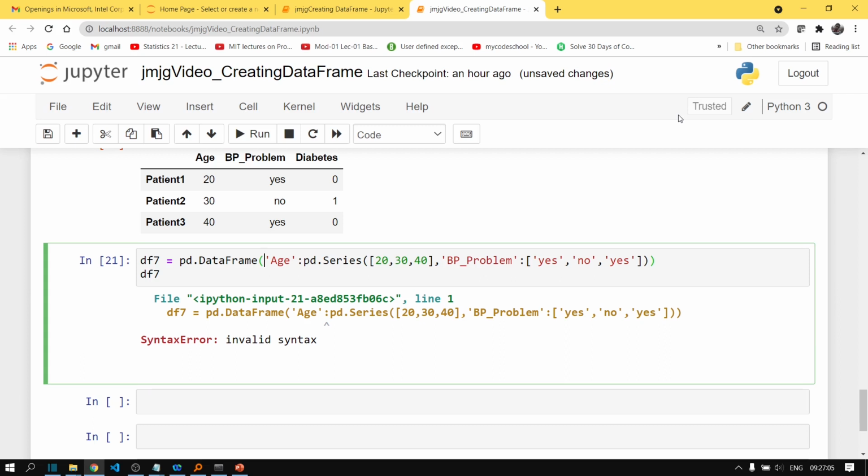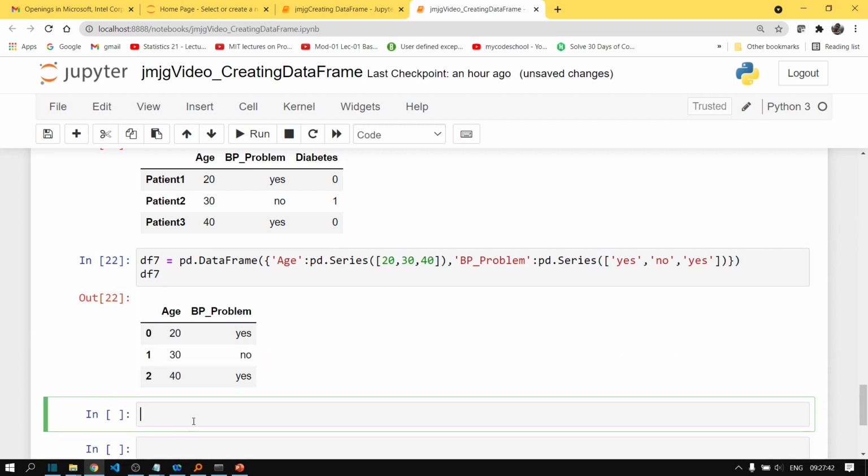Okay, so it should be a dictionary, right? I guess it's okay now. Okay, here also I will have to use pd.Series. Now if we run the cell, it will be good to go.